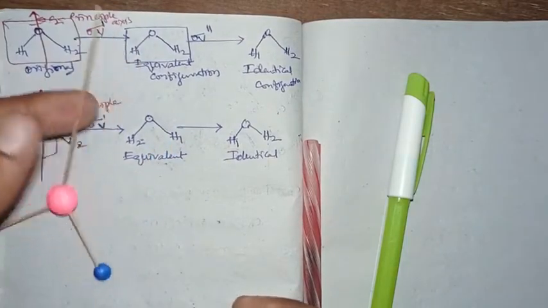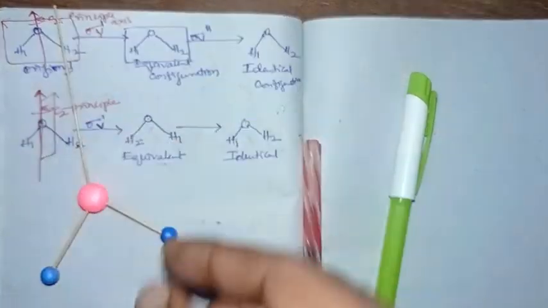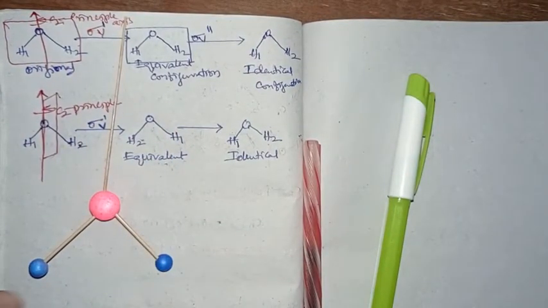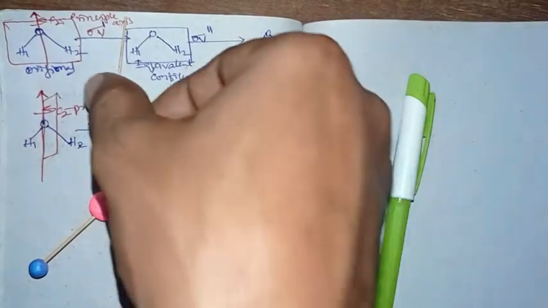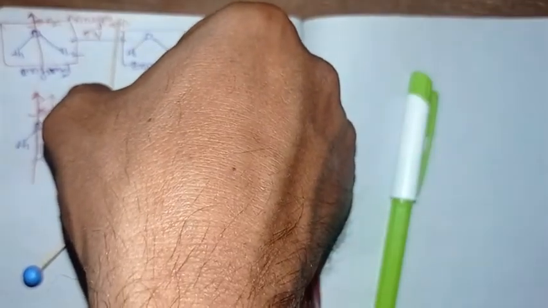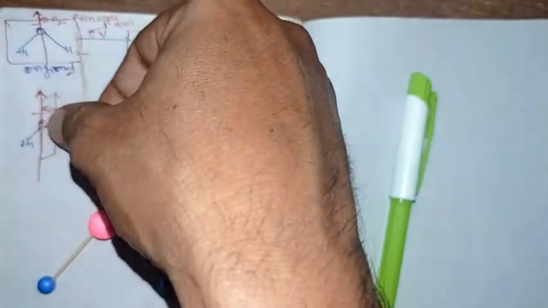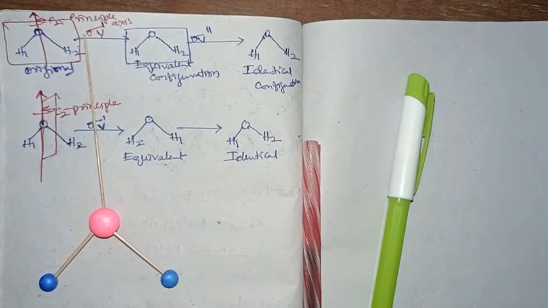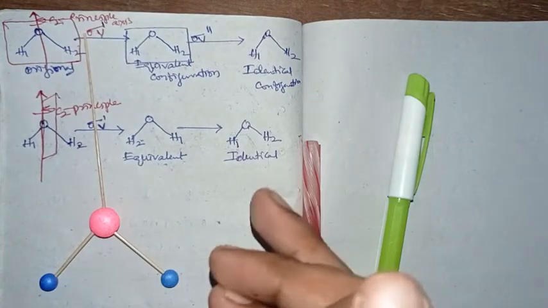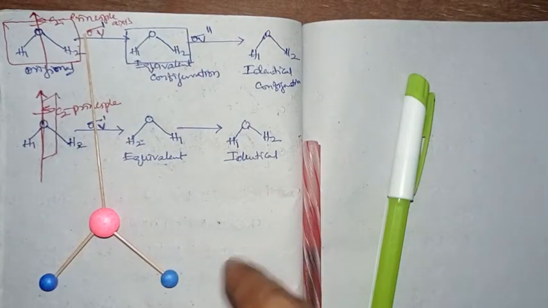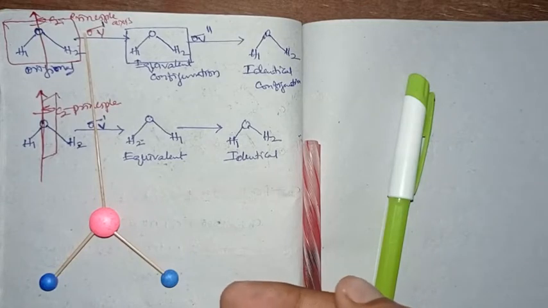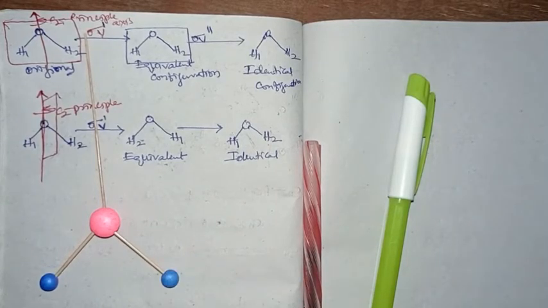Initially we took the molecule like this, with the oxygen upward, hydrogens downward, H1 on the left and H2 on the right. When we do a rotation of 180 degrees and then apply the plane, this is the configuration we have. We should compare it with the original configuration, right? For the improper axis of symmetry, rotation followed by reflection, if we get the equivalent configuration, the generated configuration has to be compared with the original.